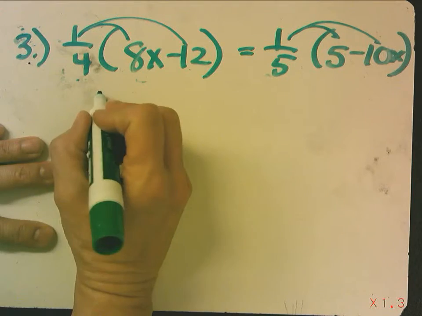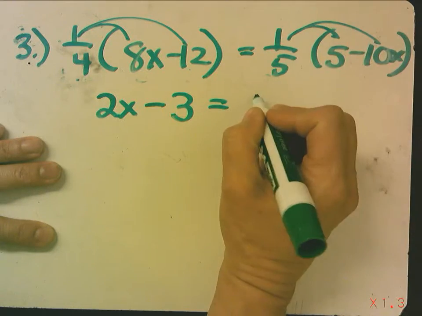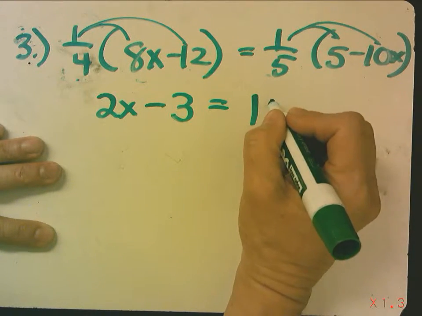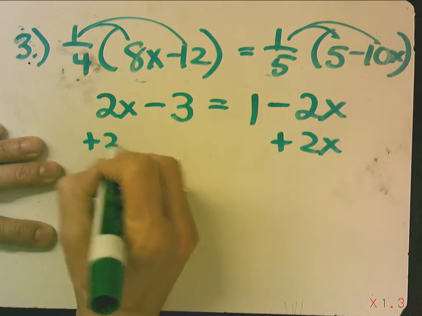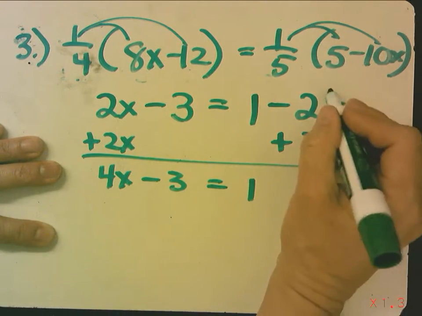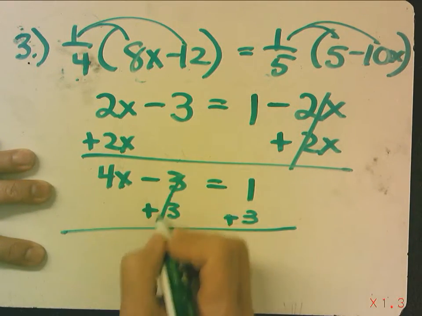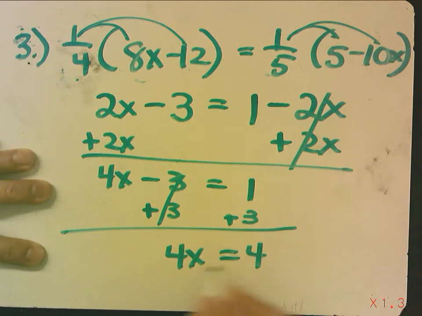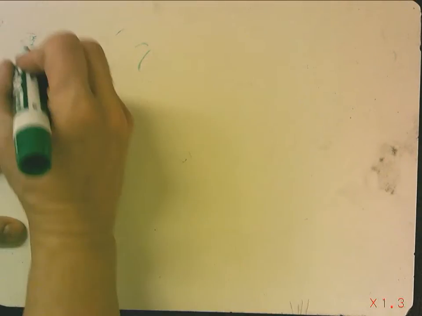So 1/4 of 8x is 2x, 1/4 of negative 12 is negative 3, 1/5 of 5 is 1, 1/5 of negative 10x is negative 2x. Now, I'm going to add 2x to both sides. Notice I'm keeping my equal sign. I'm going to add 3 to both sides and divide by 4. So x equals 1. Now, for number 4,